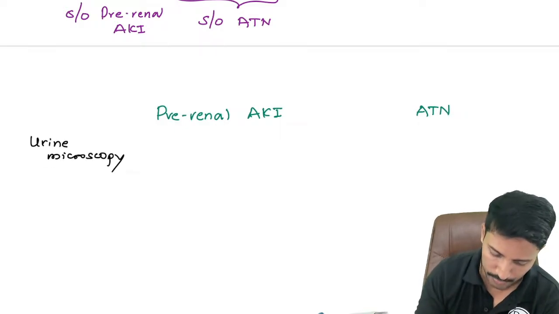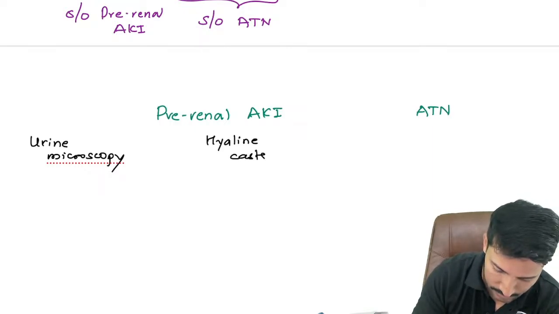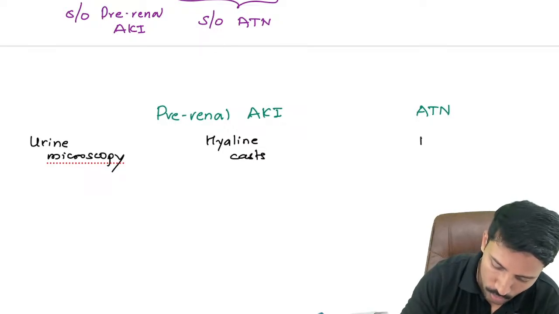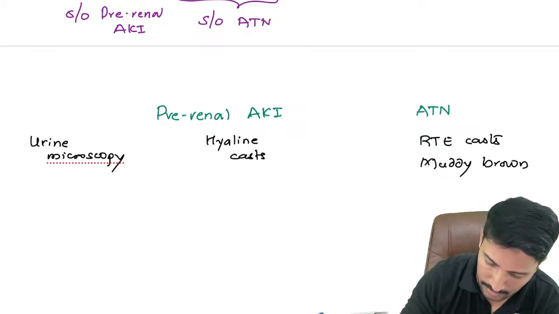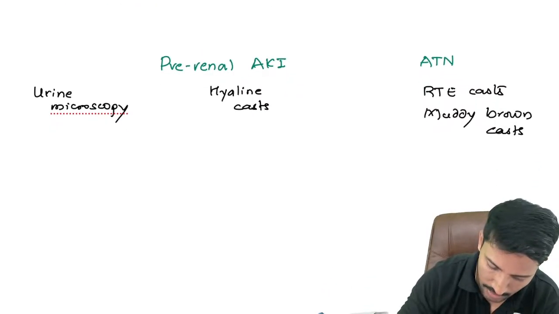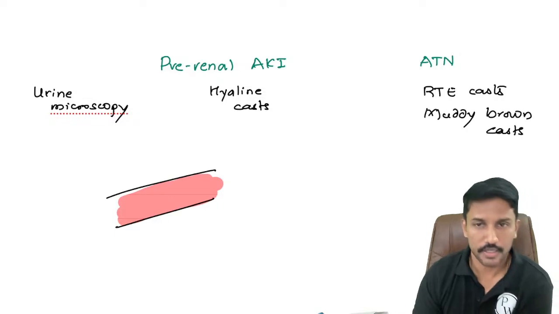Urine microscopy. In pre-renal AKI, it will show only hyaline casts. In acute tubular necrosis, we get two types of casts: renal tubular epithelial casts and muddy brown casts. I will explain what these are. Basically, a cast is nothing but Tamm-Horsfall protein getting precipitated in the distal convoluted tubule and